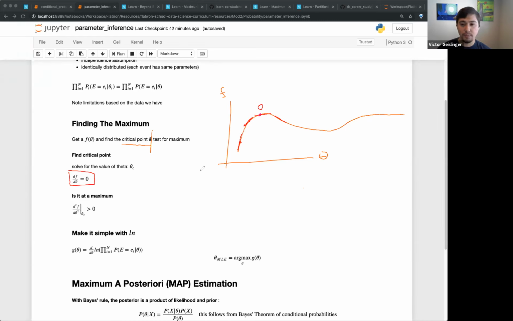But here's the issue: when the derivative is 0, we could also have a minimum. The minimum could have the same thing, where we go negative first, and then it switches to positive. That also gives us a derivative of 0. So this is why the first derivative can't actually tell us if the point is a maximum or minimum. It just tells us it's at 0. And there's a third option. Does anyone know what the third option is? That will still give us a derivative of 0, but it's not a max or min.